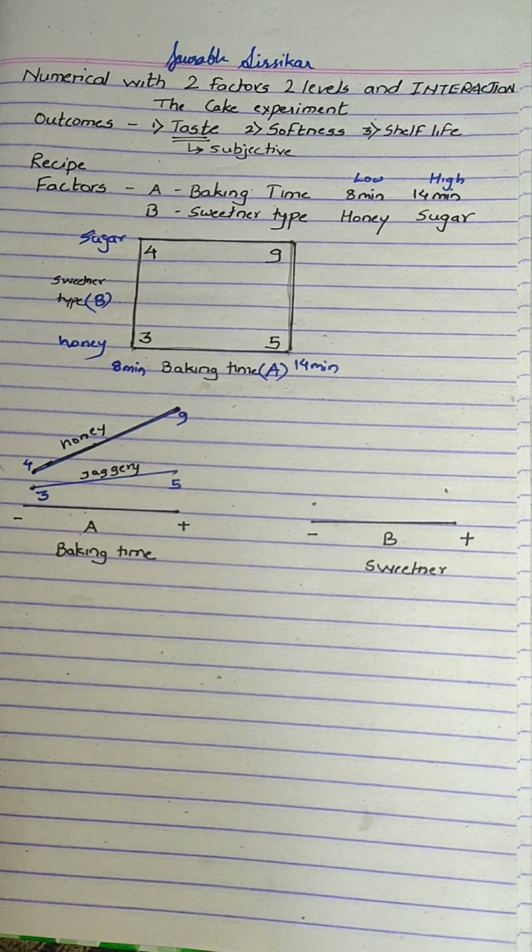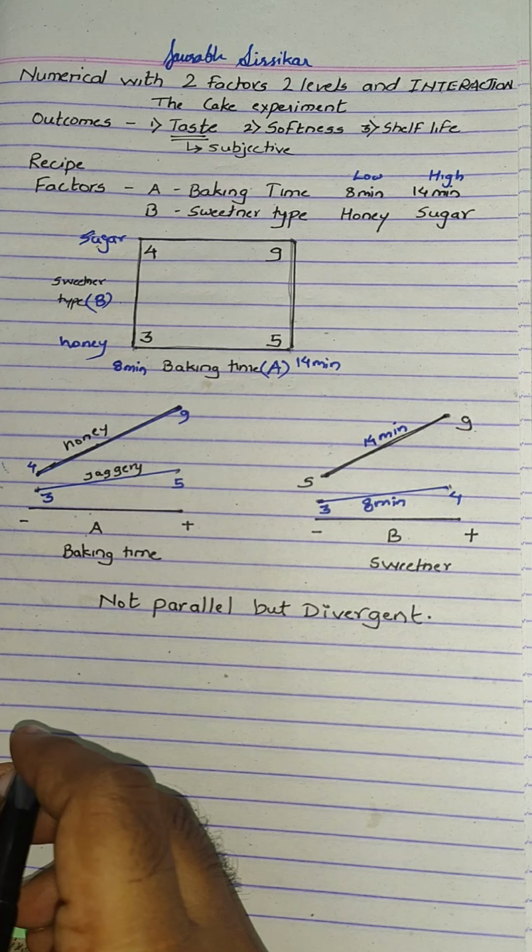Let us start with an interaction plot for the two types of sweeteners, and we see the lines here are divergent. They are definitely not parallel this time. When the lines are not parallel, this is the evidence of interaction. If we draw the second interaction plot and change the choice of the variable on the horizontal axis to be the sweetener and redraw the plots, we have one line for short cooking times and another line for longer cooking times, and again we will observe divergence, again demonstrating that there is an interaction.